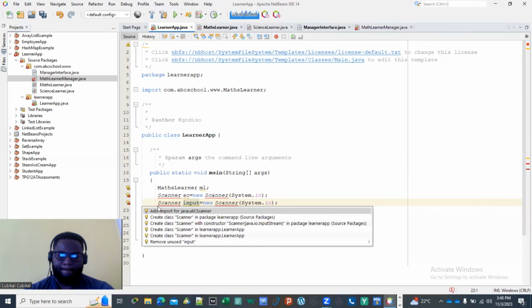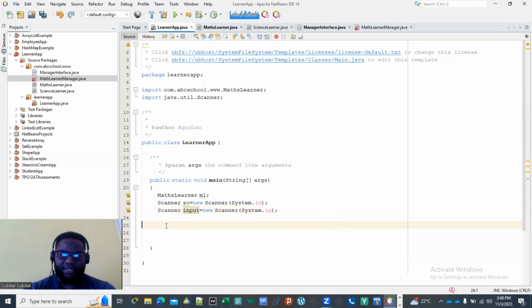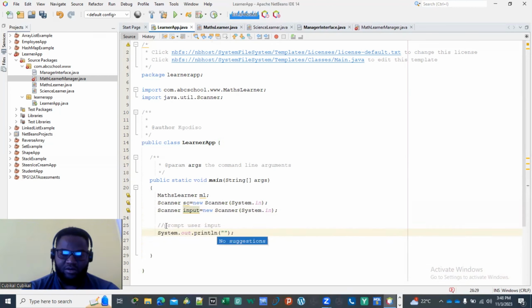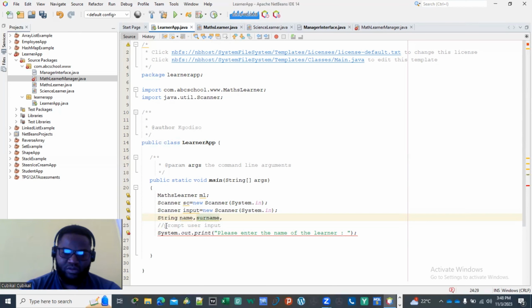Okay. And we import. Okay. So now after this, I'm going to prompt user input. So for me to prompt user input, I'm going to say System.out.print, please enter the name of the learner. Okay. I don't want to use the ln. So here we're going to have a string name. We're going to have a surname. We're going to have